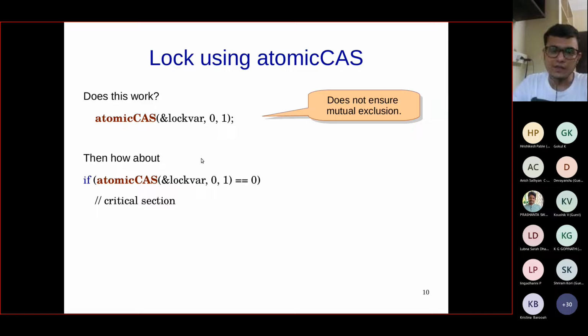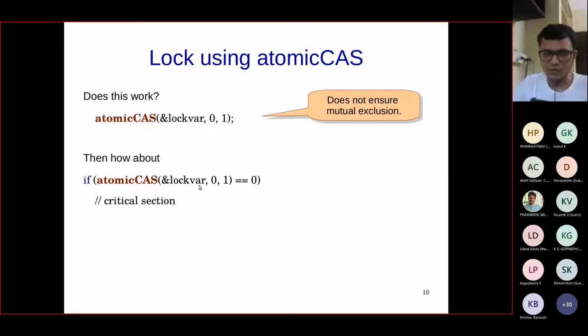The lock var is initially set to 0, and the thread that sees the lock var as 0 will see that 0 is matching with 0, so it will replace it by 1 and return the old value which was 0. So 0 equals 0 will be true here, and it will enter the critical section. Okay, so far that is fine. You only want one thread to enter the critical section, but what will happen with the other threads? They'll come, they'll see that lock var is 1 and 1 is not equal to 0. So they'll do nothing because these two values are not matching,